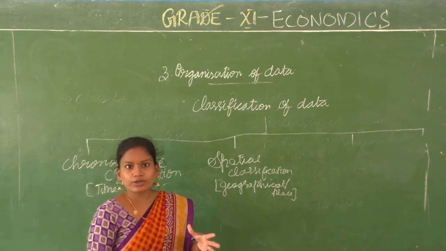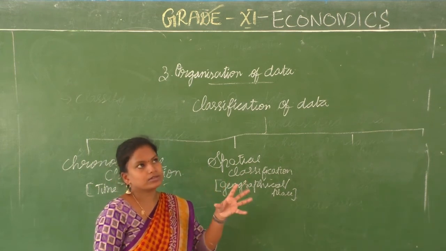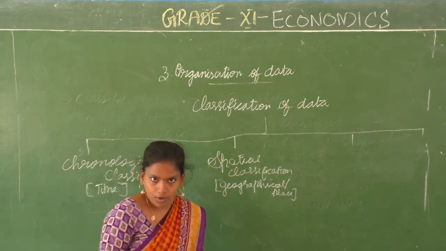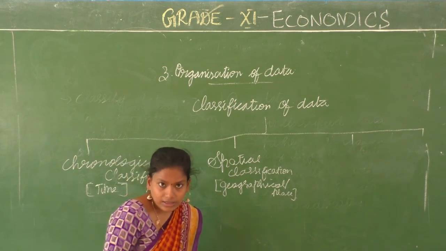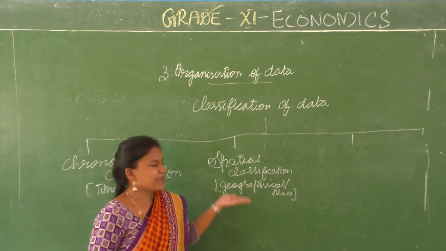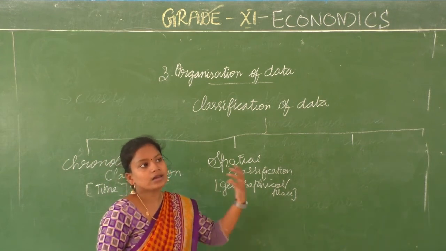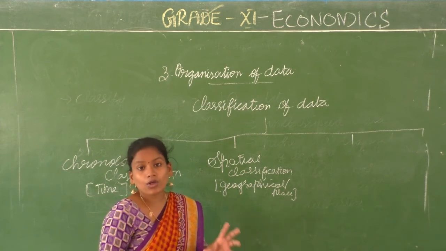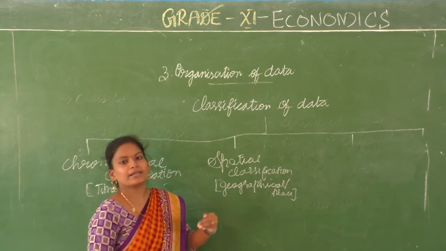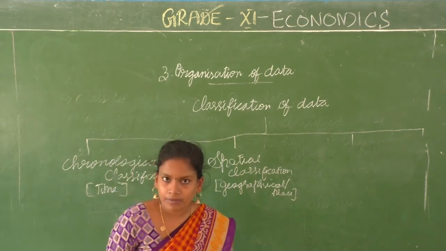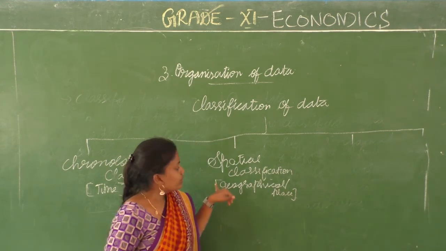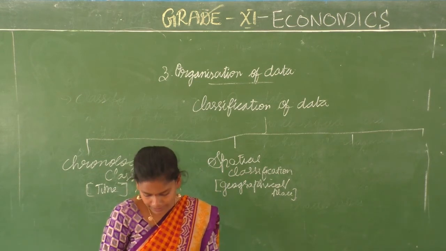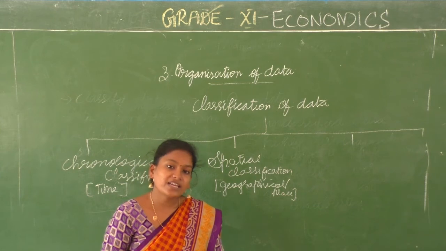In the evening weather report, when you see Chennai, they say the humidity was like this, the rainfall was like this. That will be recorded based on place. That is called spatial classification. When you talk about earthquakes, it was recorded on this Richter scale. On what basis? On the place. They will say in this particular place the rainfall was recorded as this much. Like that, when you classify your data based on the geographical status or the location or the place, then it is called spatial classification.